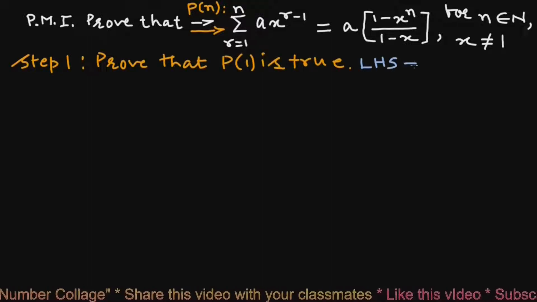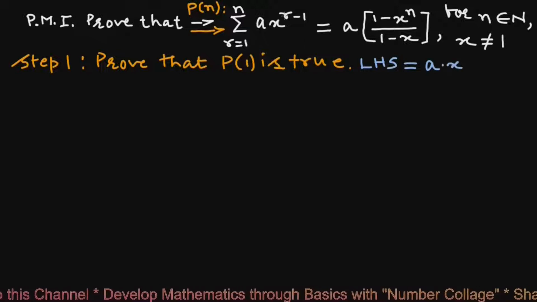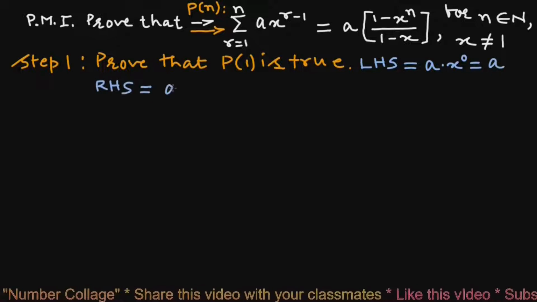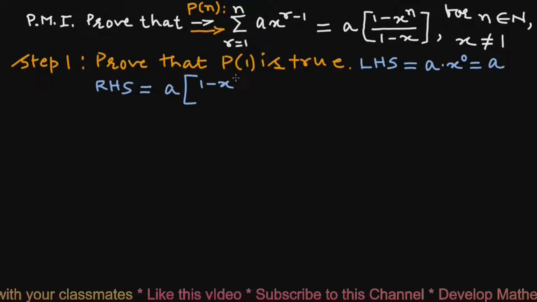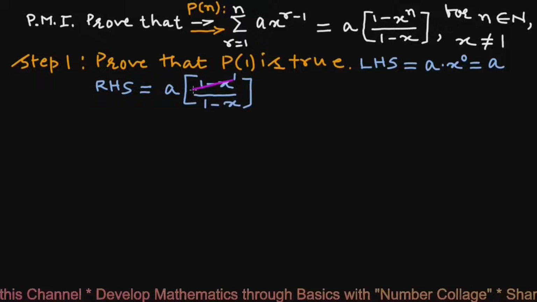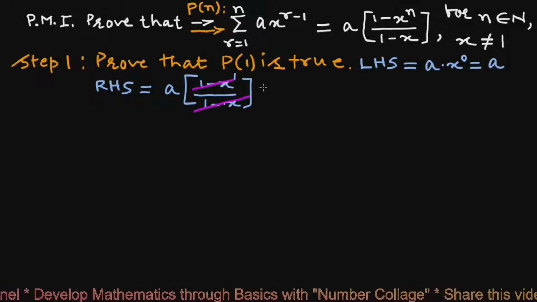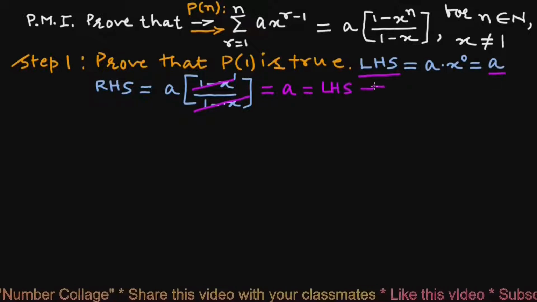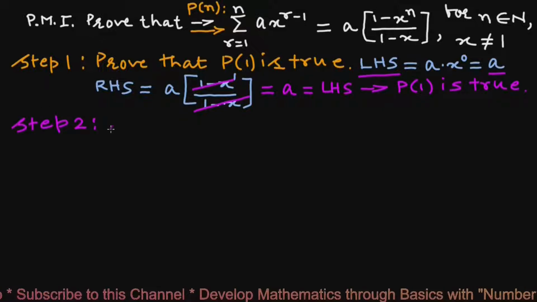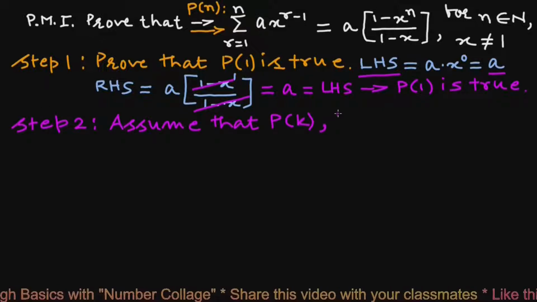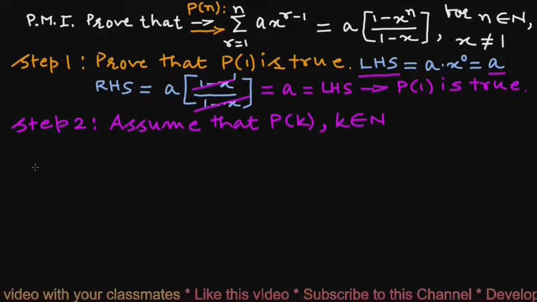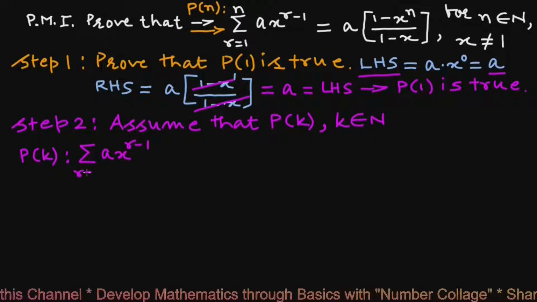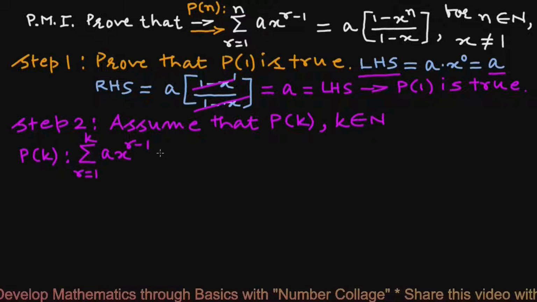So LHS will be a into x raised to 1 minus 1, that is 0, that will be a, and RHS will be a times 1 minus x raised to 1 upon 1 minus x. This 1 minus x cancels with this 1 minus x, leaving us a, which is nothing but this LHS a, and that proves P1 is true. In step 2, we assume that Pk is true for k any natural number. So Pk will be summation a x raised to r minus 1, r runs from 1 to k,